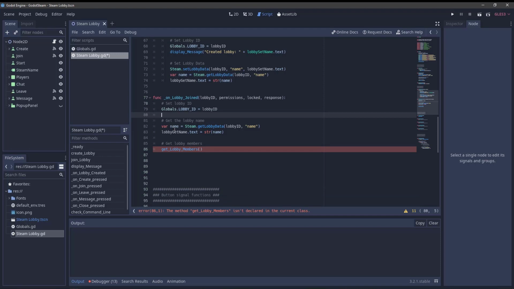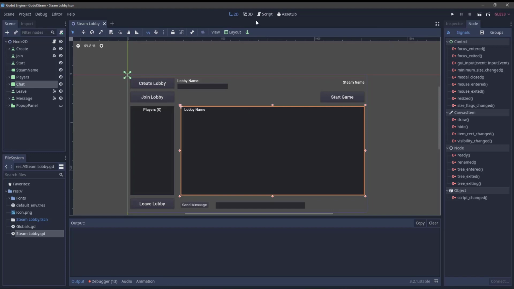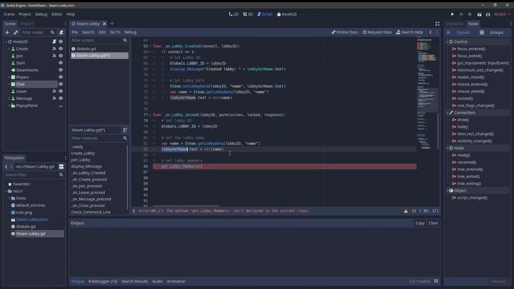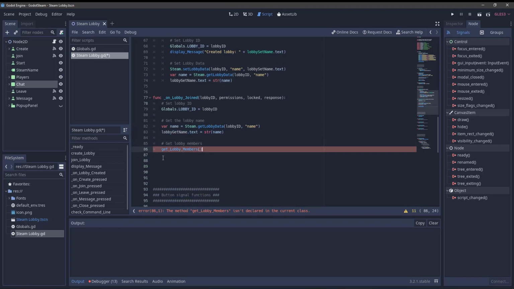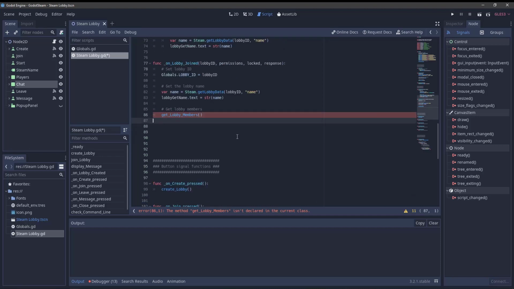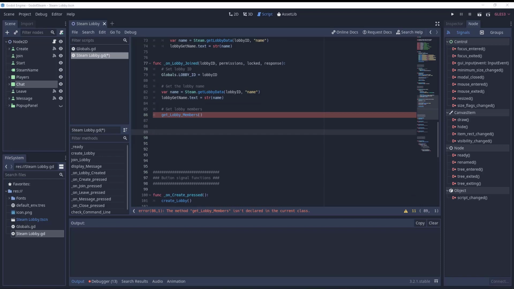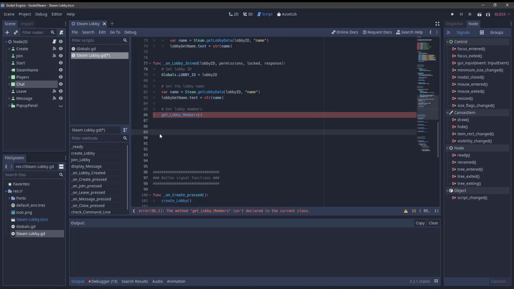Then, in usual fashion, we take the name with the get lobby data so that we can use that. In this case, we're updating the chat box lobby name here, just like when we create one, so that when you join a lobby, it displays the name. And then we have this get lobby members function that we haven't created yet, and we'll get to that in a moment. But before we do that, there is another callback that we're going to want to add,